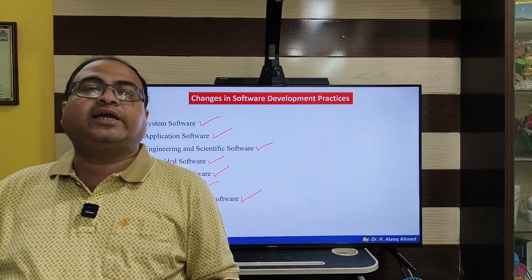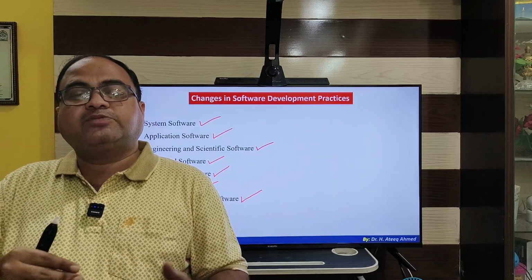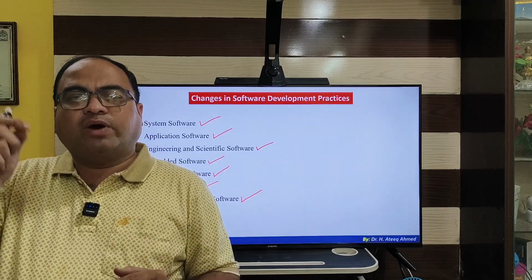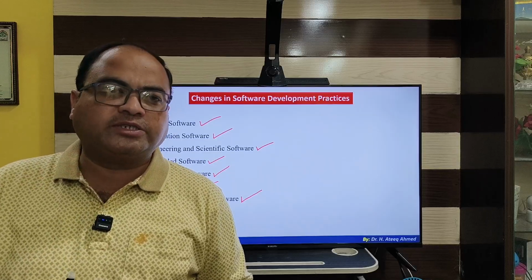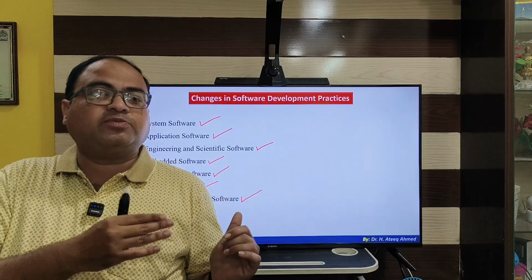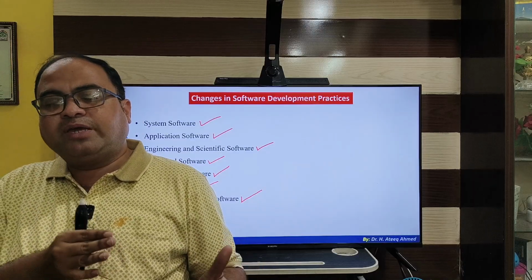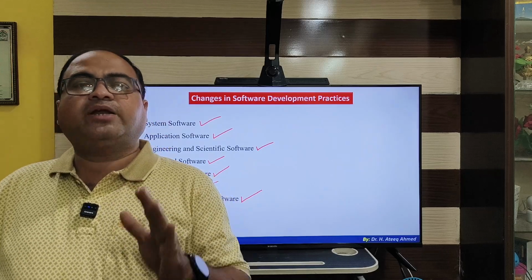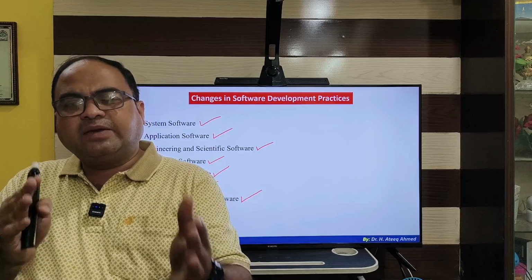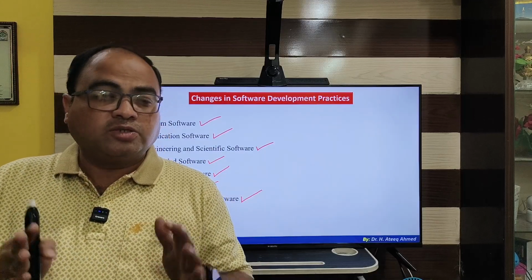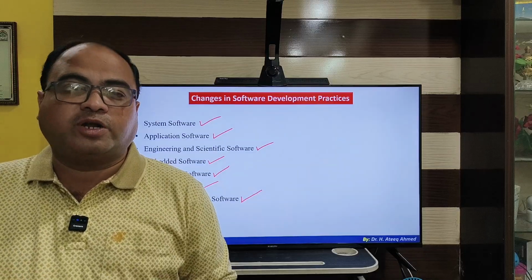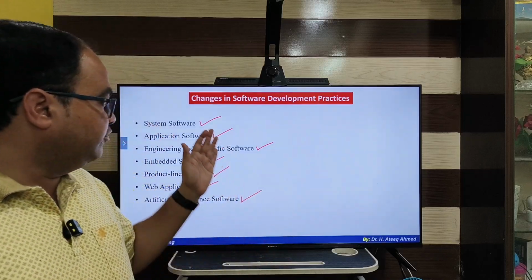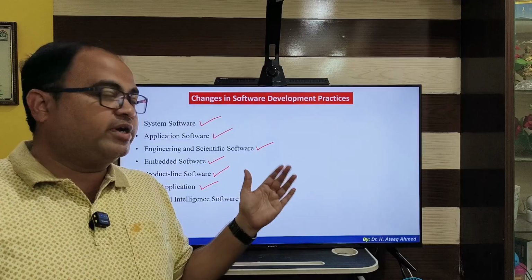There is one website named Google Anti-Gravity. By using these websites, we can develop various types of applications. We can develop code. Code which would take one week to write can be developed in two to three minutes. So these software are making our work easy, and they are not only making our work easy, they are saving a lot of time. Work that takes almost three hours to complete can be completed within two to three minutes. So this type of tools have been developed now. They all come under the category of changes in software development. So my dear students, these are the various types of changes that have occurred in software development practices.